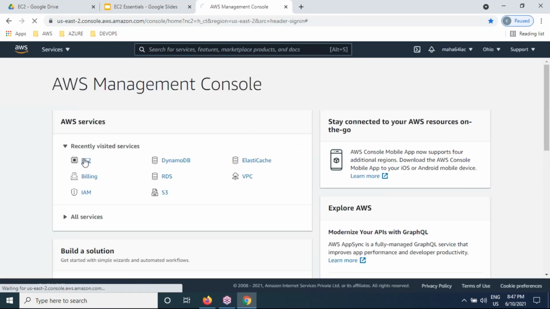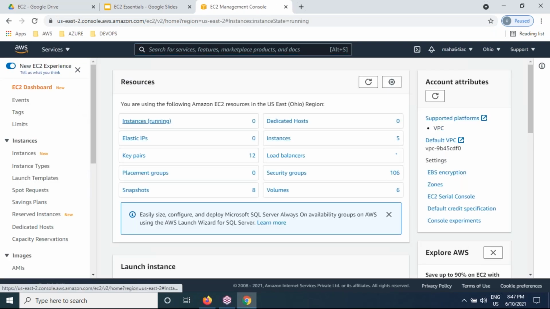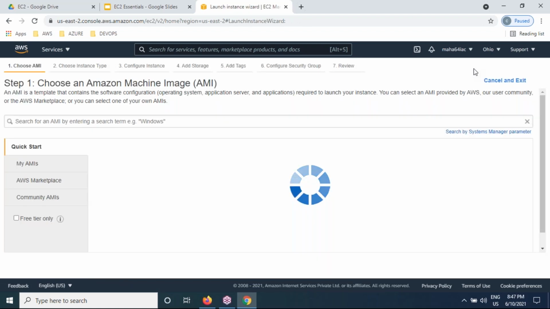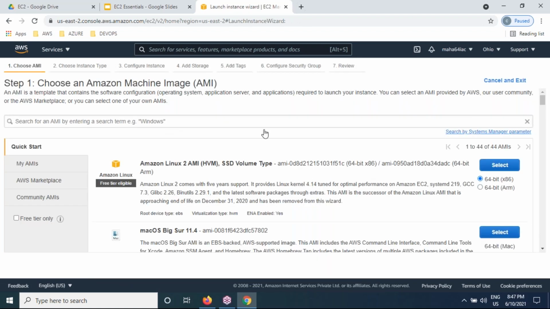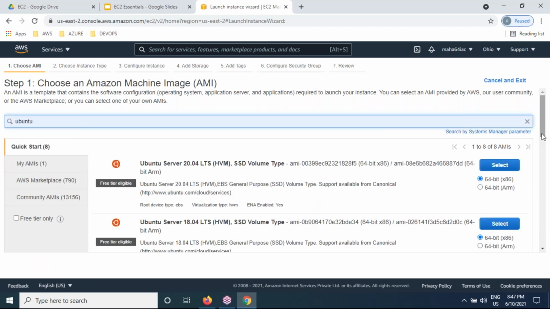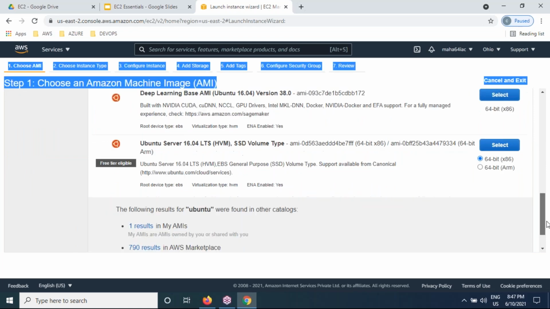Let me create an instance. So choose instance, launch instance. Choose Ubuntu.